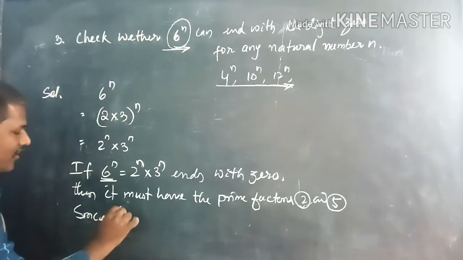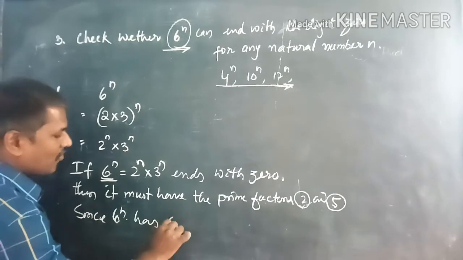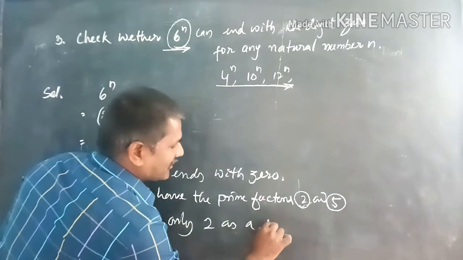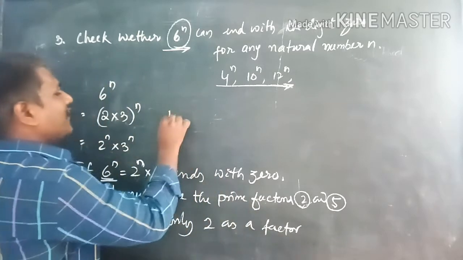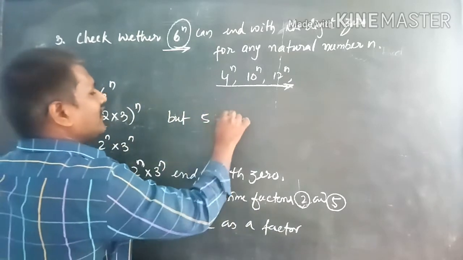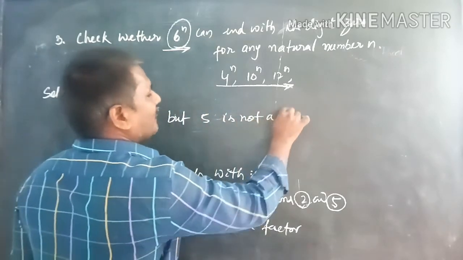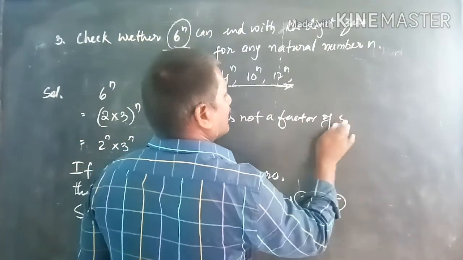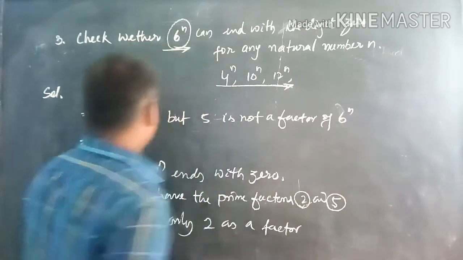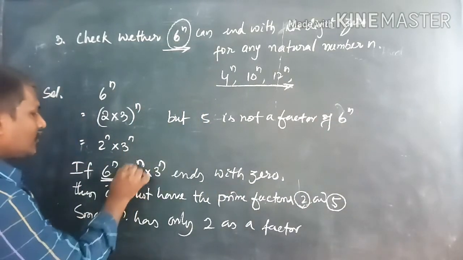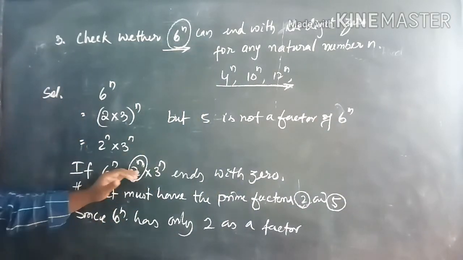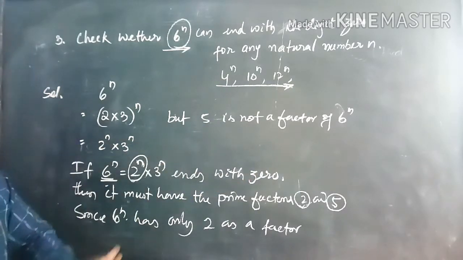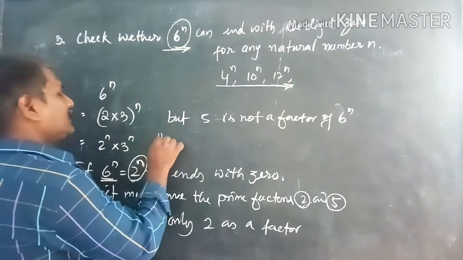6 to the power n has only 2 as a factor, but 5 is not a factor of 6 to the power n. So as you know, only 2 is a factor of 6 to the power n, but 5 is not a factor of 6 to the power n. So the given number never ends with 0, hence